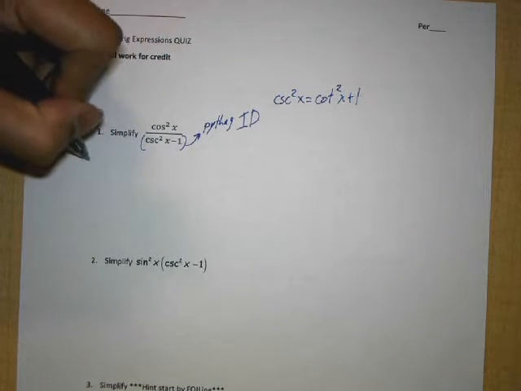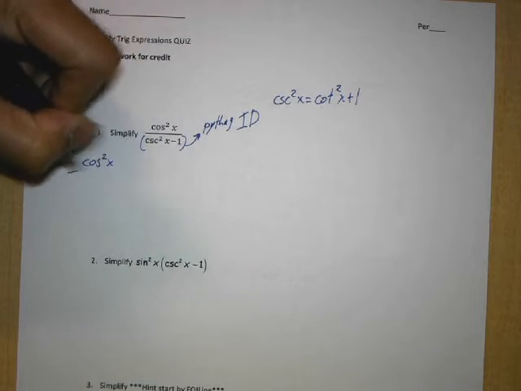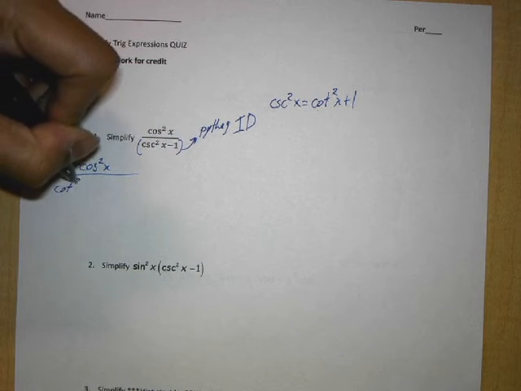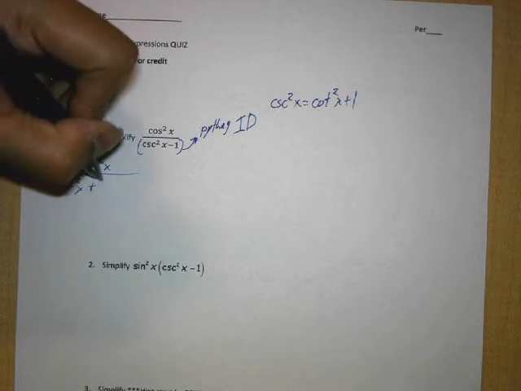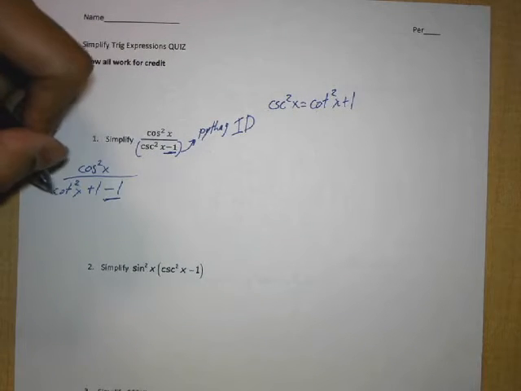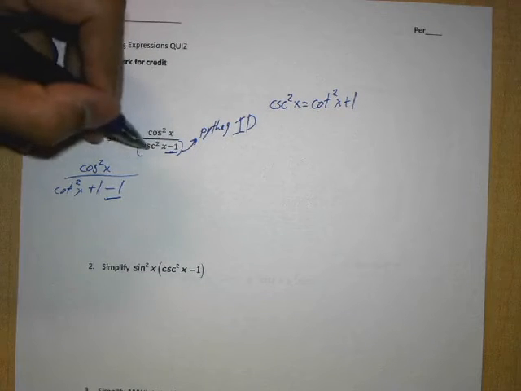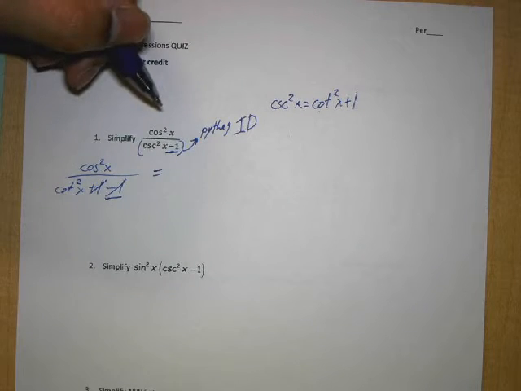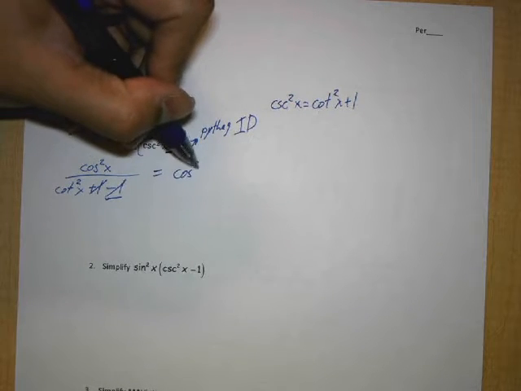And if I plug that in, I'm going to get cosine squared x over cotangent squared x plus 1 minus 1. This minus 1 is this minus 1 right here. And this piece is what we replaced cosecant with. These two cancel out, and I've got cosine squared over